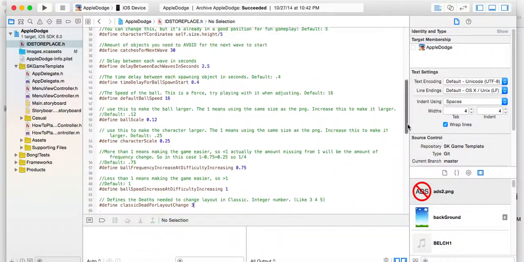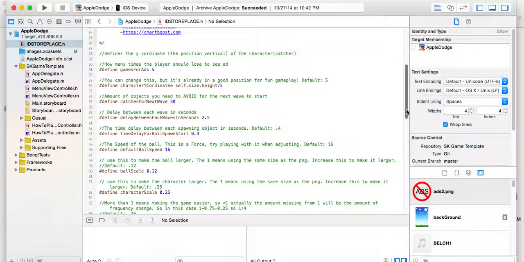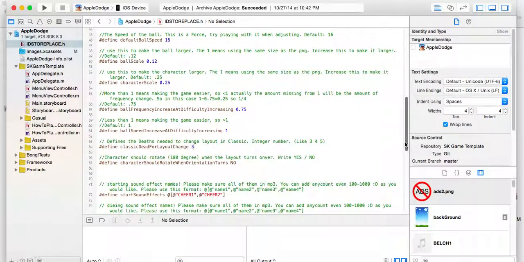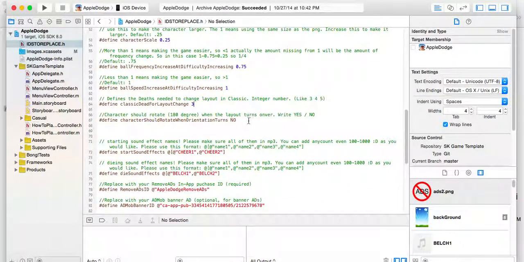And there's one thing I do want to say about the upside down that I skipped over. It was a yes or no. Here it is. Oh, it was right after that. Character should rotate 180 degrees when the layout turns over. Now I have it at no,